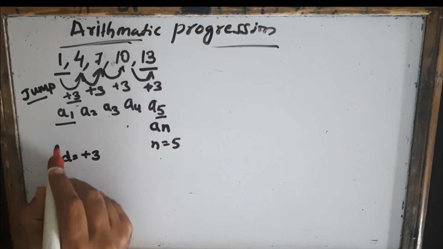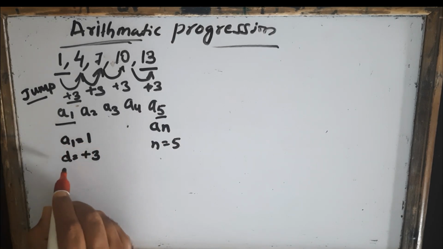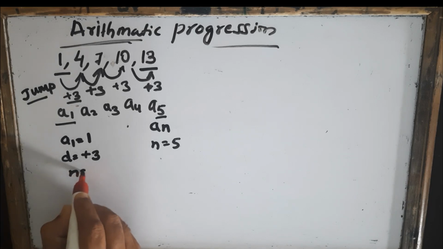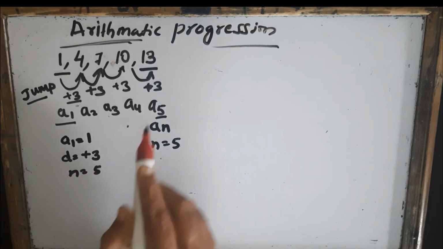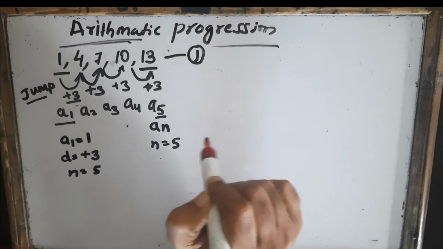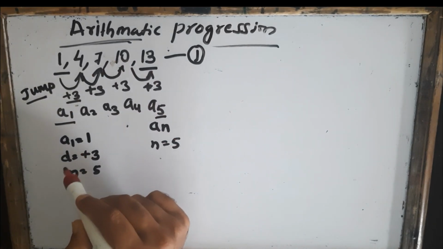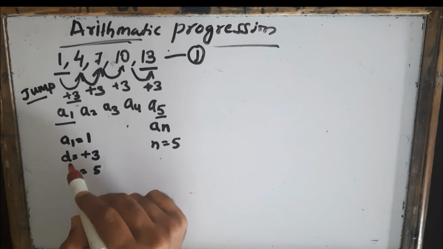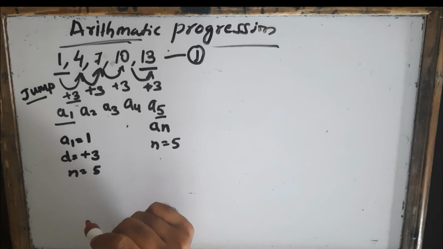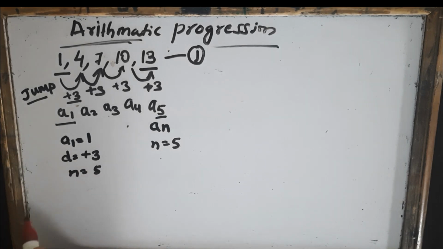So here you know that a1 is equal to 1, d is equal to 3 and n is equal to 5. So from this arithmetic progression, the statement 1, we can derive a1, that is the first number, then the difference, then the number of elements in this progression, that is n is equal to 5. And say for example,